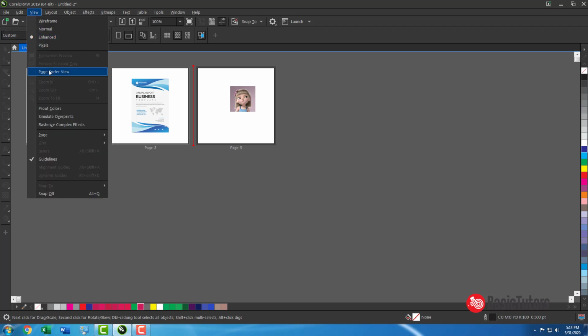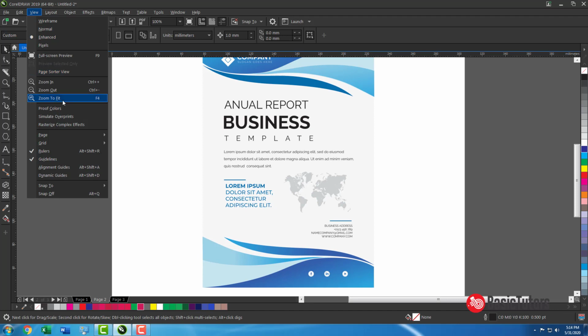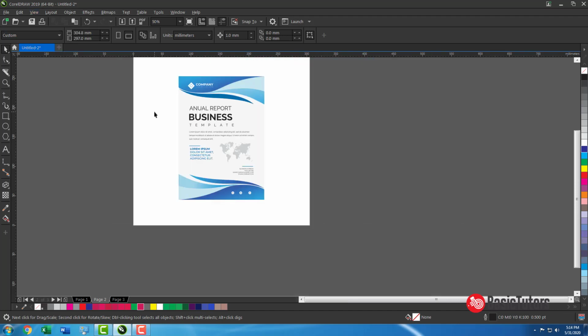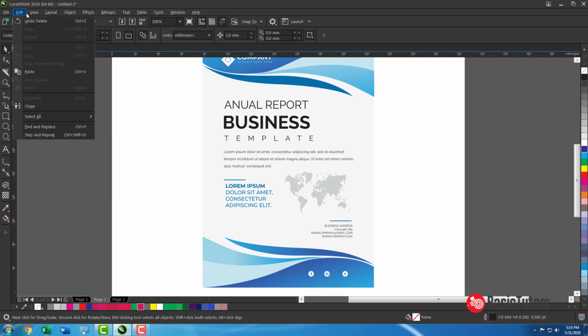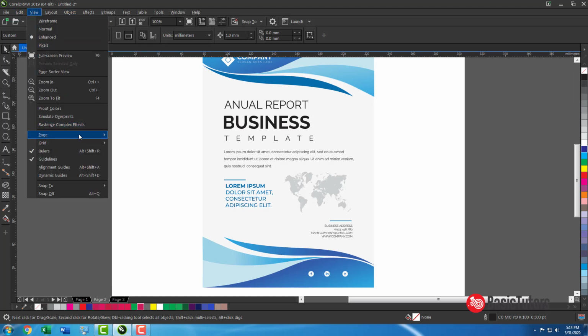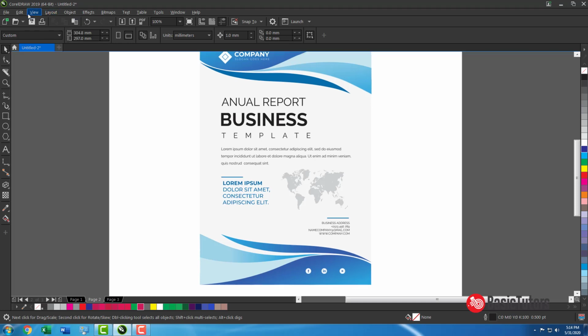Close the page sorter view, and then zoom in and zoom out commands are also there. I use Ctrl plus and Ctrl minus for zoom in and zoom out. Then grid. This is for enabling and disabling, toggling rulers.